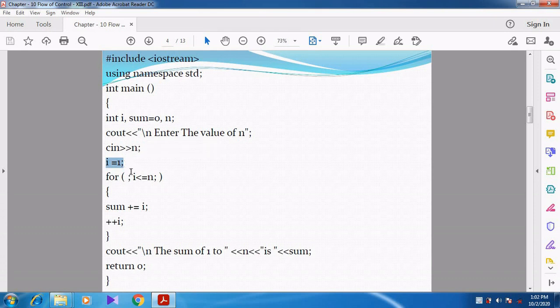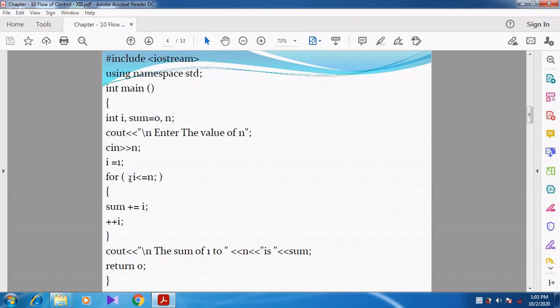That is, I am going to initialize the control variable outside the for loop. Actually the initialization will be done inside the for loop: first initialization, then test expression, that is the condition, then only we give the update. But in this program, the initialization is done above the for loop instead of inside it. So initialization is done previously. Right? So now the initialization segment is optional. In the for loop I am not specifying the initialization, so I am just leaving the initialization part empty.